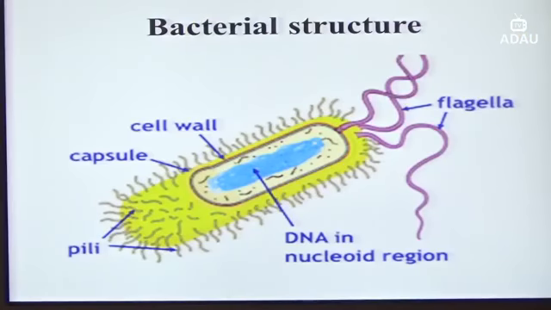First one is the cell wall. But what is the main function of the cell wall? The main function of the cell wall is to protect the bacteria from inappropriate or dangerous external factors or conditions, because lots of factors can influence microorganisms, not only bacteria. I mean all microorganisms. The main function of the cell wall is to protect the bacteria from the influence of external factors. And these external factors can be temperature, high or the highest temperature, low or the lowest temperature,